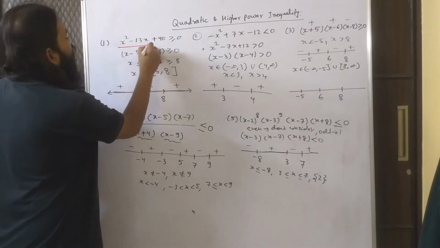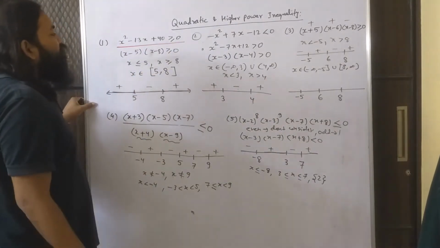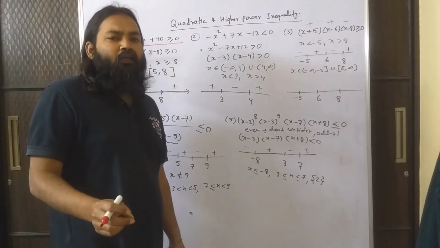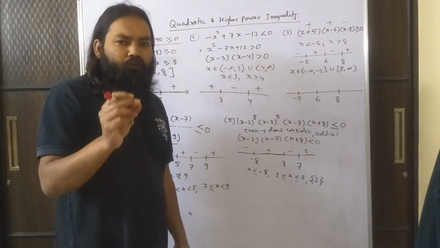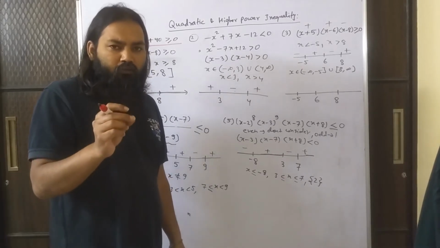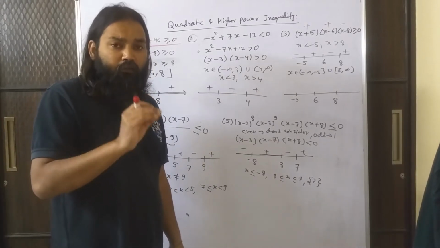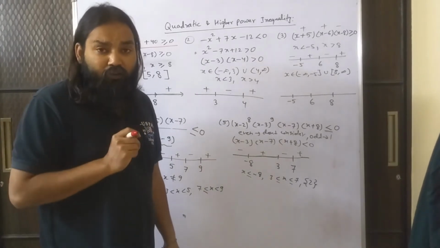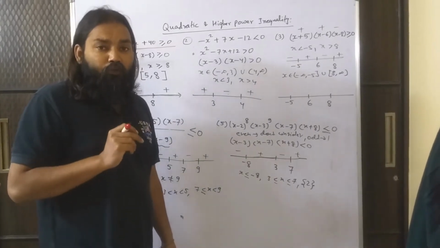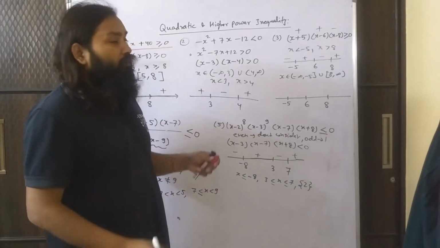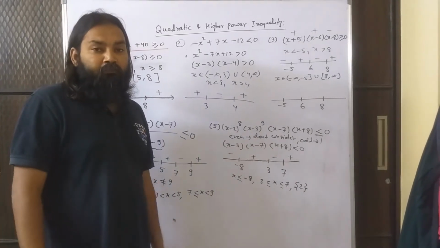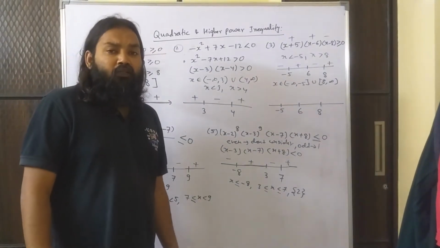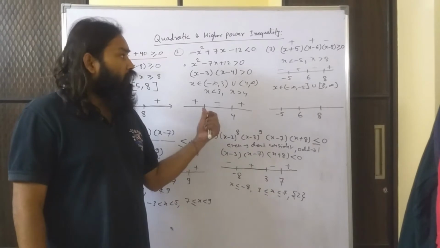This is a quadratic inequation. What is the difference between an equation and inequation? A quadratic equation has either two roots or one root, real and equal, which is when the roots are the same, we can say it has one root, or it can have no real root also. But the inequality will have a range of solution. Okay, so that is the difference between inequality and equation. So let us understand the concept with the help of examples.